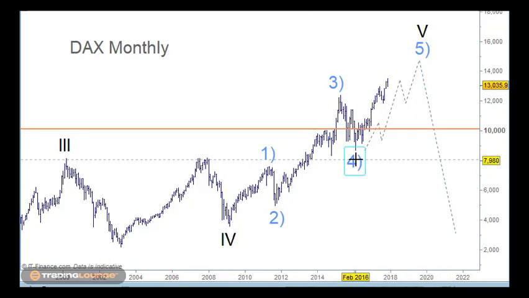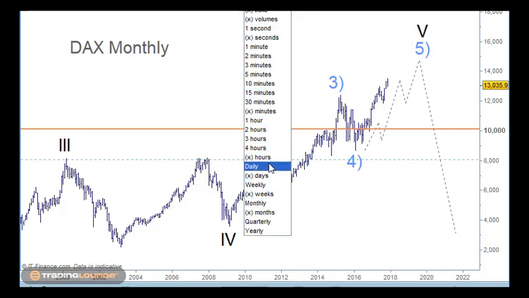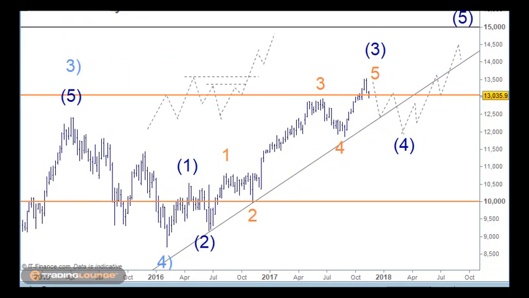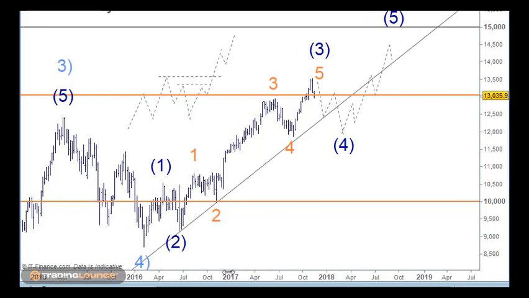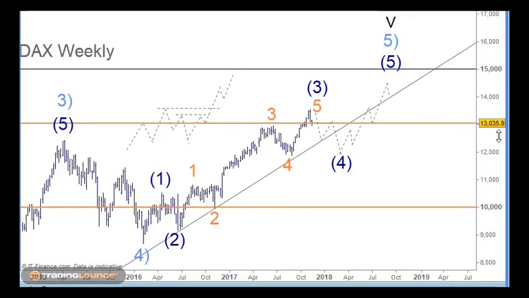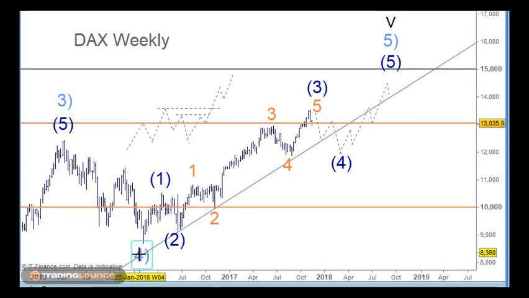So going from wave 4 to wave 5, let's go into the weekly chart and pick up that wave 4, which is this one here. And it's all pretty simple from this point. Let me just squash this up a little bit. So on the weekly chart: primary wave 4, intermediate wave 1 and 2 here,